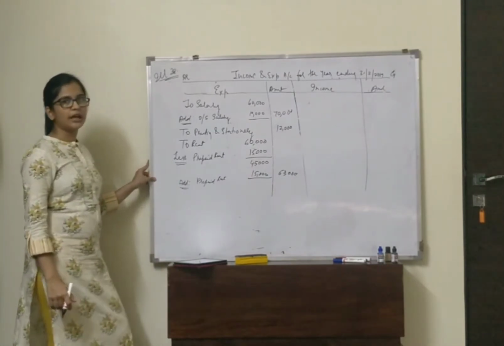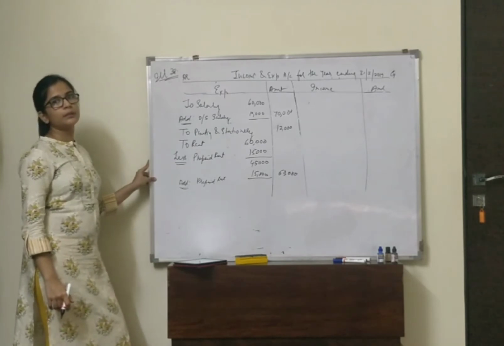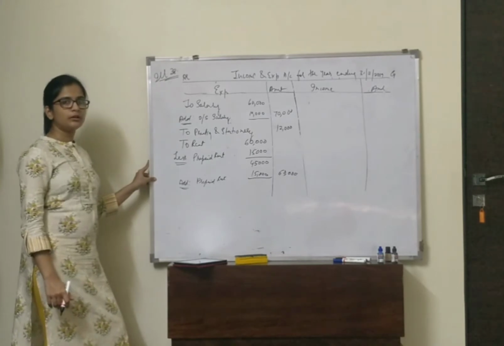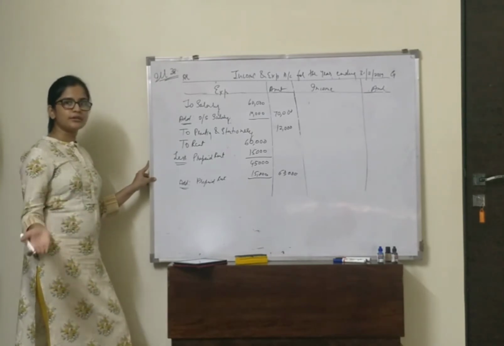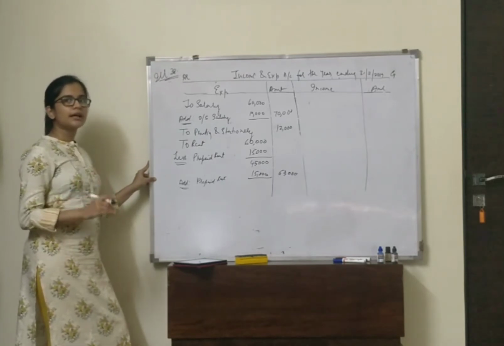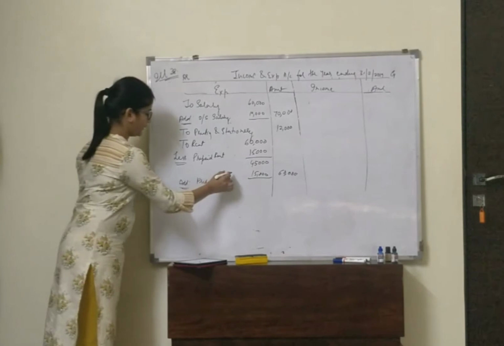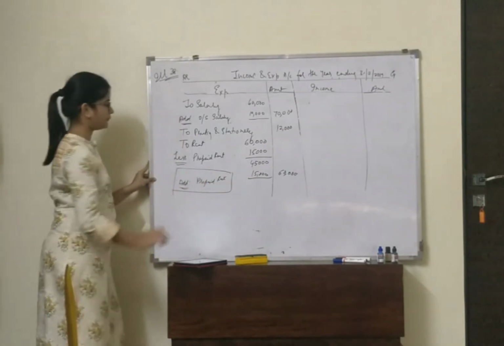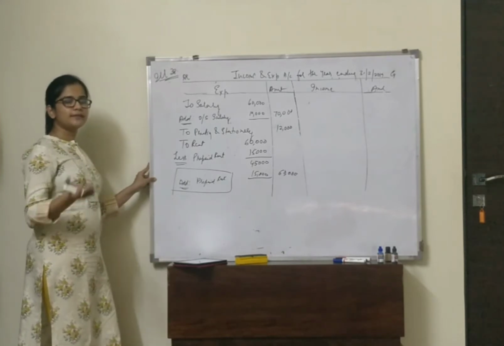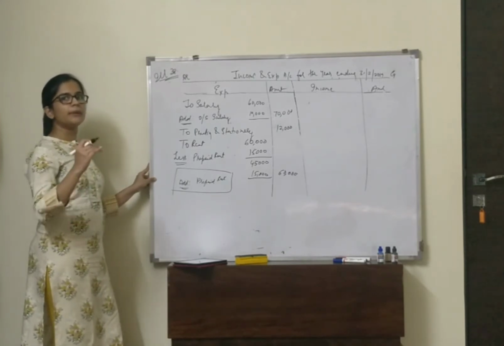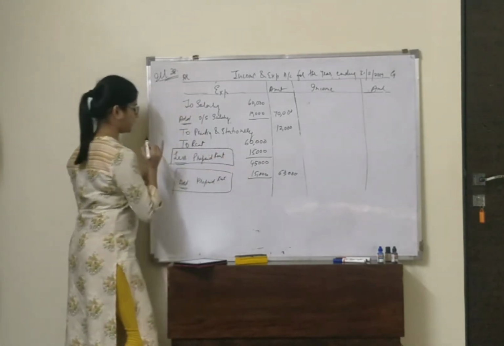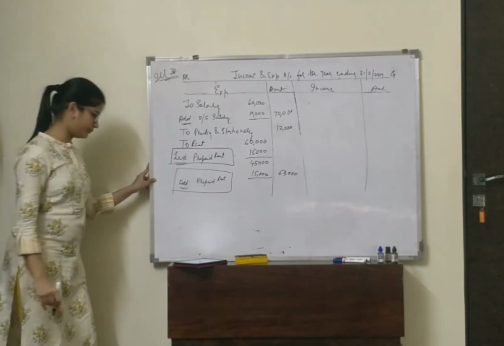They have said that we have prepaid rent both at the beginning and end of the year. So whatever is at the beginning of the year is the prepaid rent for next year which we receive for this year. Which means it is our current year's prepaid rent. That is the reason I have added it. And at the closing of the year, it means for next year, that is 2020 year, we are paying it in the current year, which is of the next year. So I am deducting that prepaid rent.